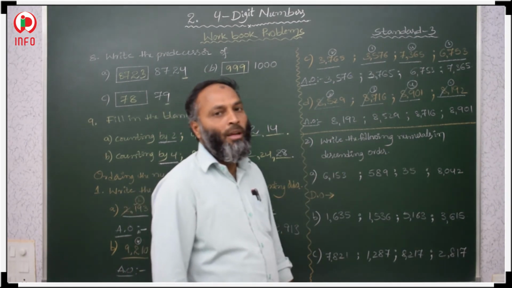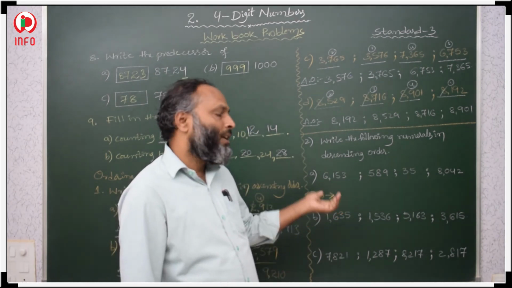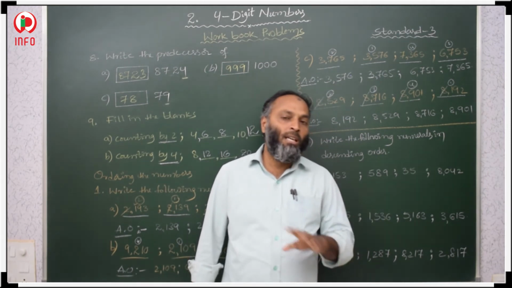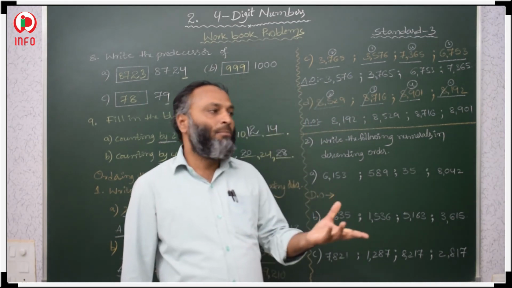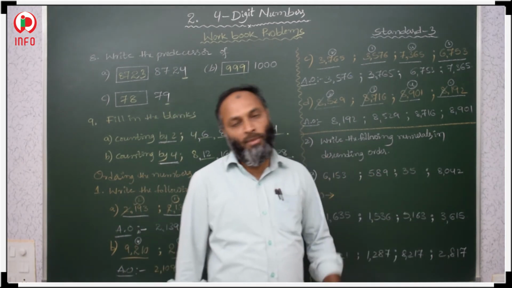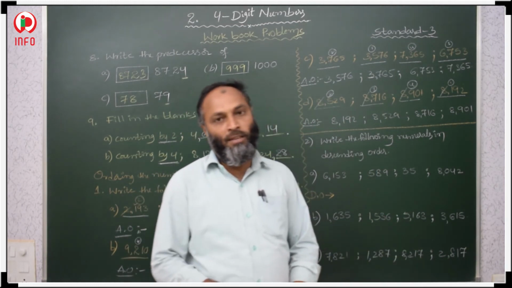Then how to compare? Here the variation in the number of digits is given. In previous sums all 4-digit numbers were given, but in this question the digits vary. In some questions 2-digit numerals were given, in some 3-digit numerals, and in some 4-digit numerals. So in this way it is given here.